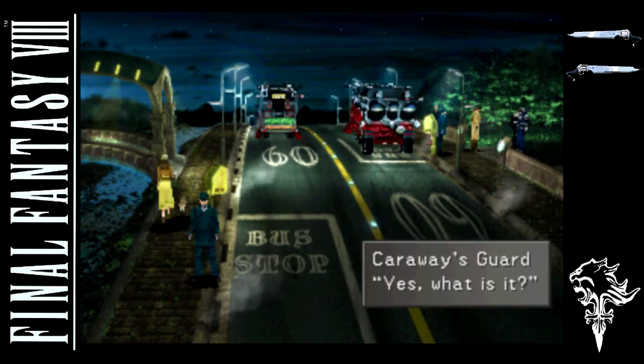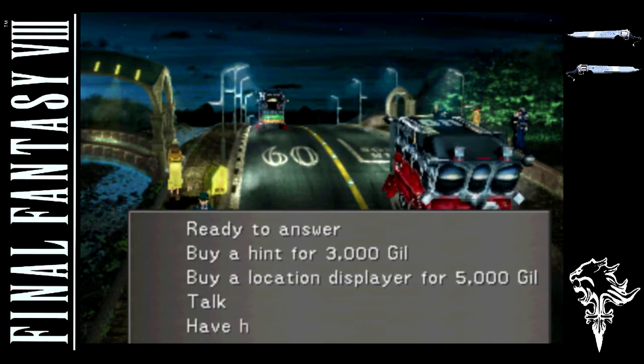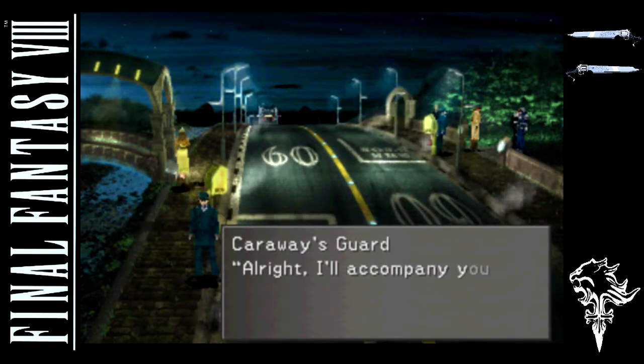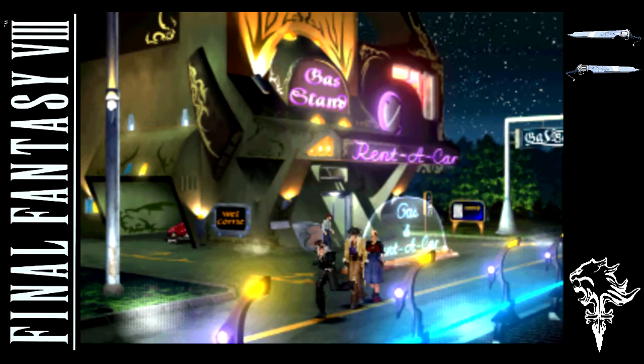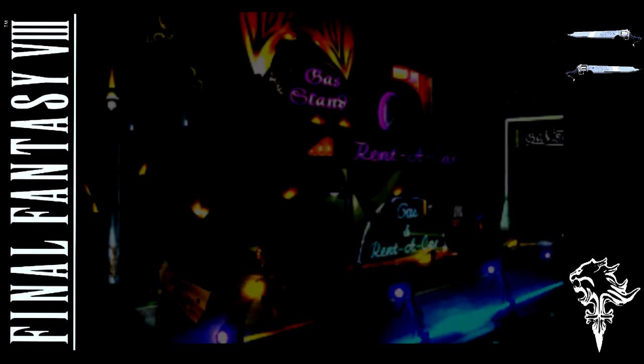Yeah, you can hit triangle before you even come anywhere close to the stop if you want to get off. That's something you don't have to time properly. Anyways, we'll have this guy escort us out of town so we can leave. And he tells us we should rent a car, but we've got junction ability, no battles, so